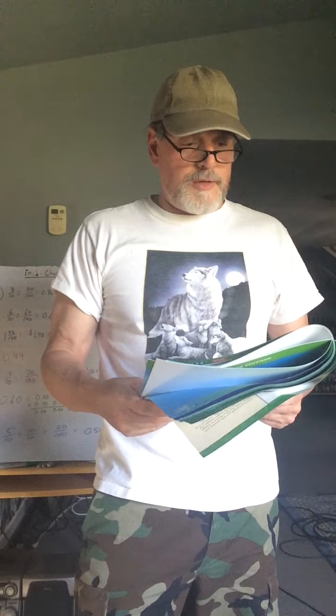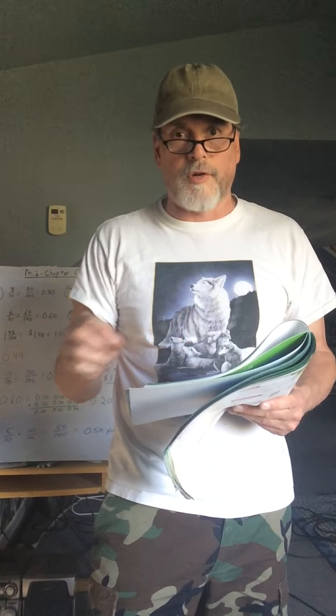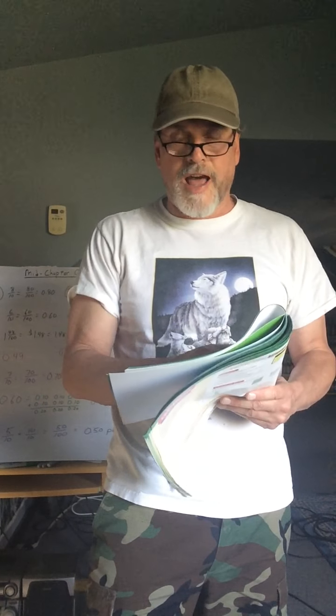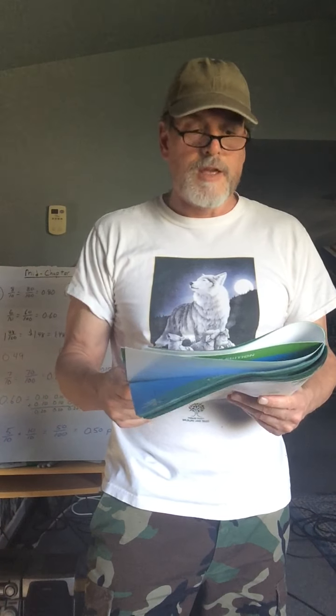Okay, number 14. What fraction and decimal in hundredths is equivalent to 7/10? Just like we did before. 7/10 equals blank over 100. Look at the denominator. To go from 10 to 100, we have to multiply by 10. So 10 times 10 gives us 100. Do the same thing to the numerator, which is 7. 7 times 10 gives us 70. So it would be 70 over